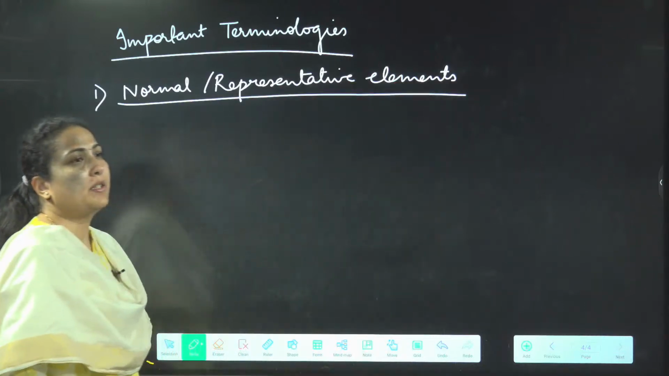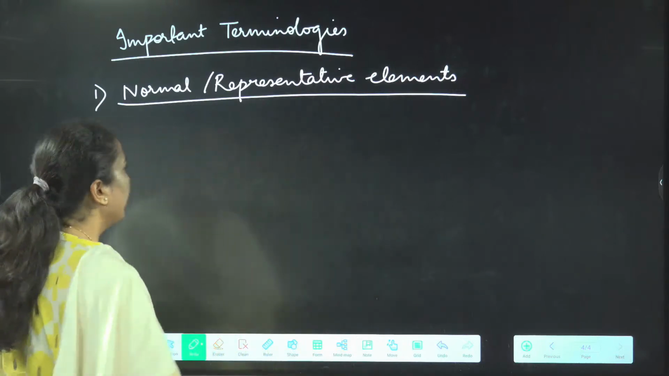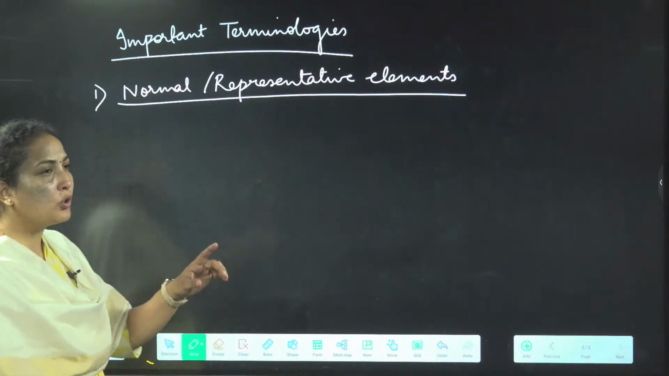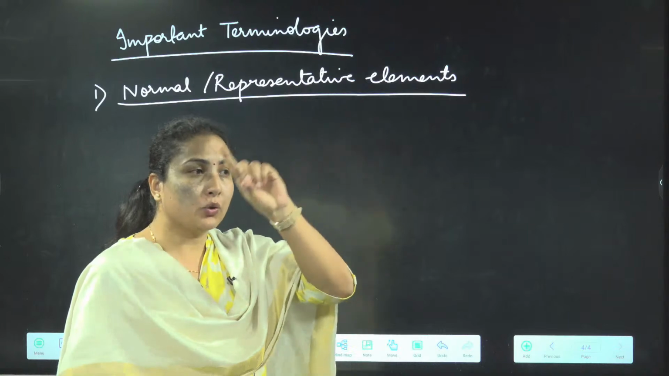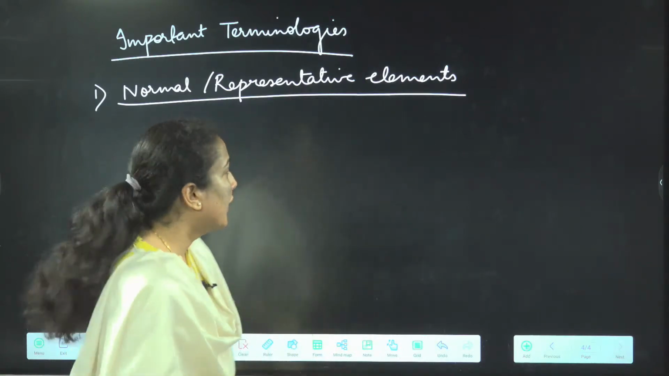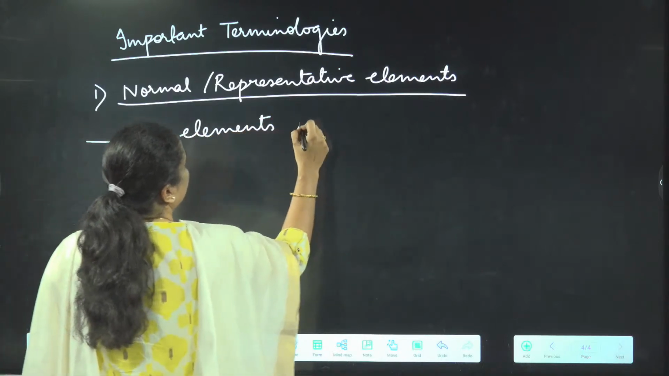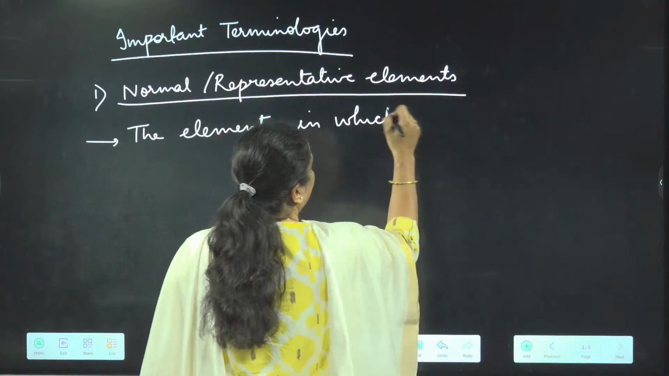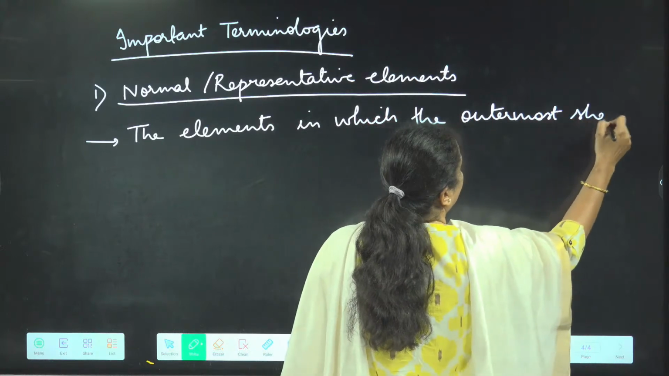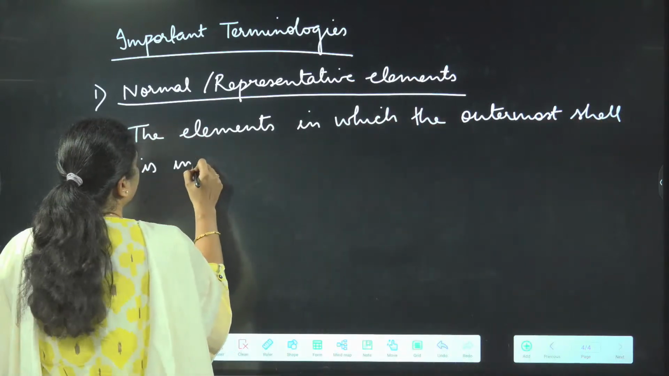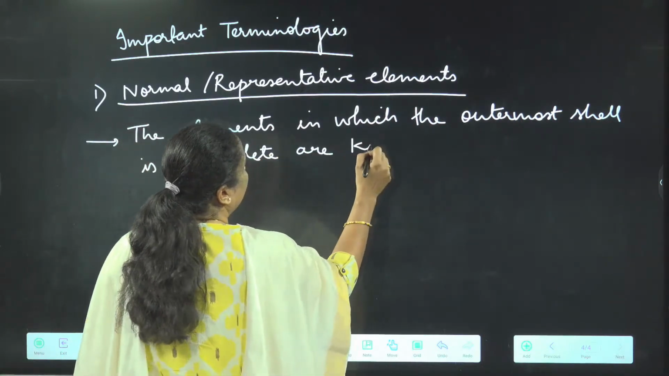What are those elements? Basically, these are the elements whose outermost shell is only incomplete. Okay. So those are normal elements. And basically, all the S and P block elements, if you see, their inner shells are filled up, only the outermost shell is incomplete. Okay. So here we are going to write down the elements in which the outermost shell is incomplete are known as